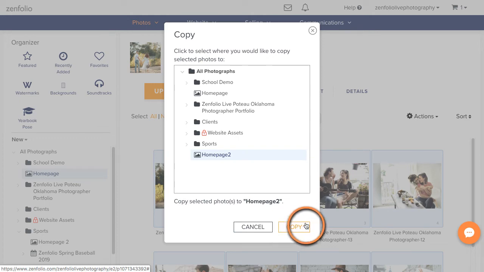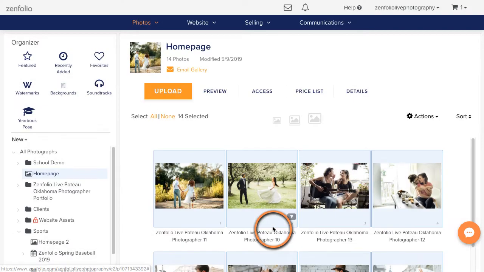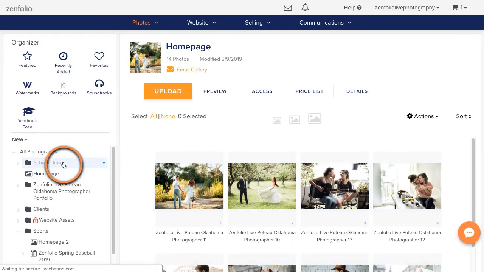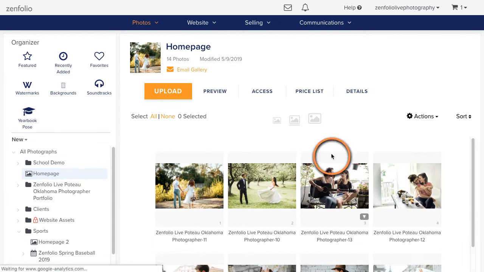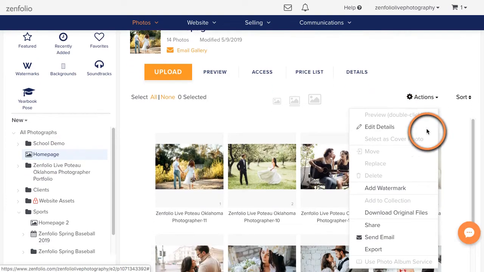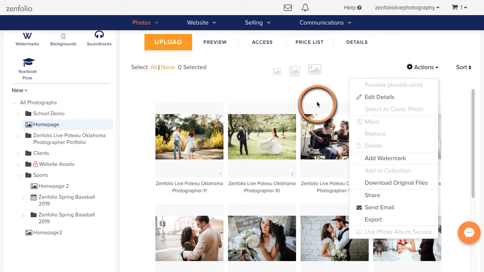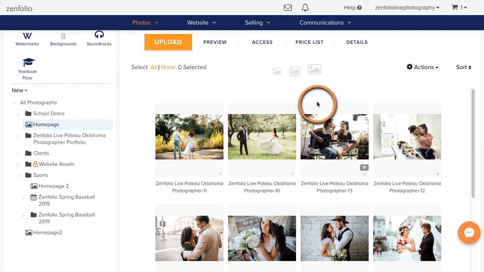Now, another way that you can do it if you don't want to have to create that gallery first is you can go to the actual gallery like this and then go to actions, and then there is, one second.